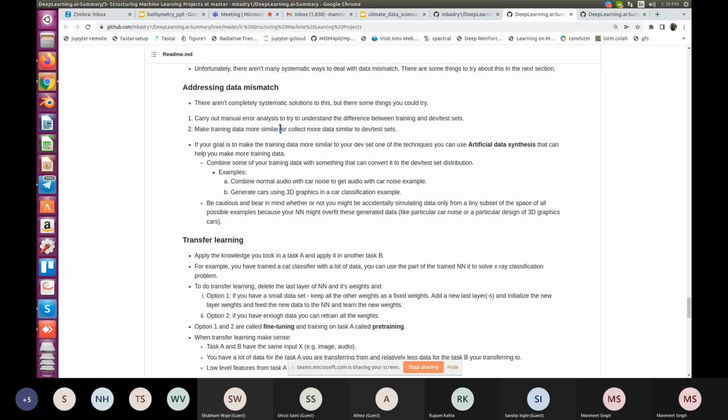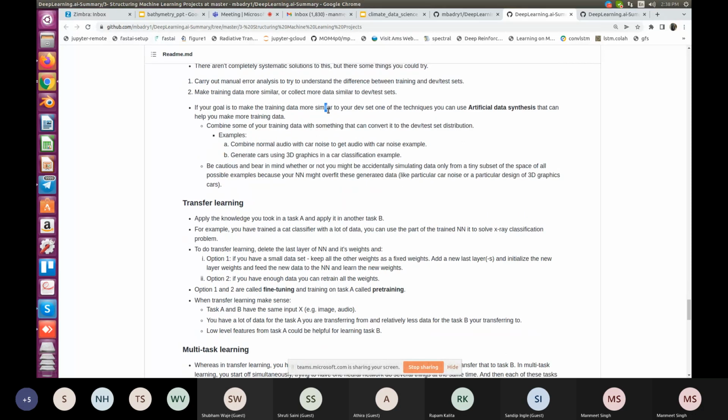So, making sure that your training and dev sets are coming from similar distributions. And if your goal is to make the training data more similar to your dev set, one of the techniques you can use is artificial data synthesis, which can help you get more training data. You can combine some of your training data with something that can convert it to the dev or test set distribution. For example, you can combine normal audio with car noise to get audio with car